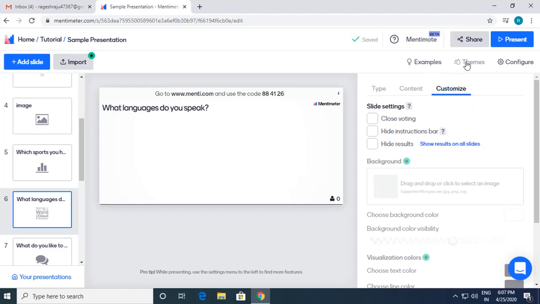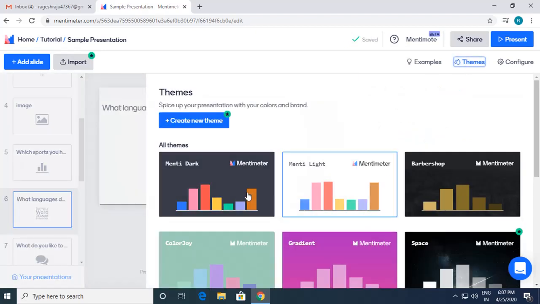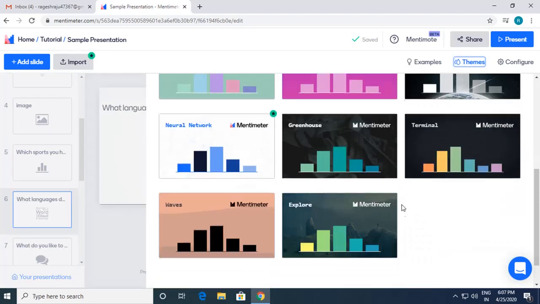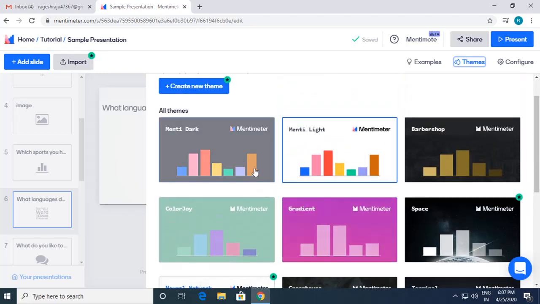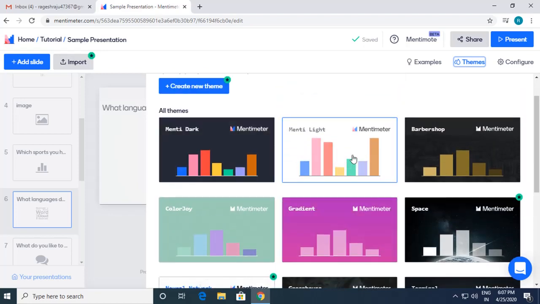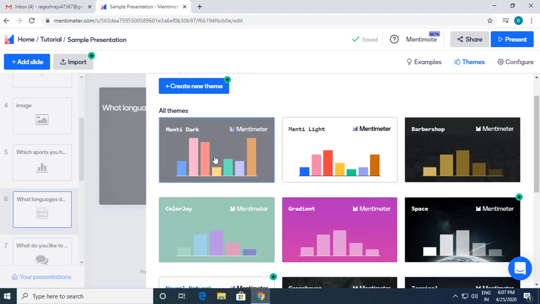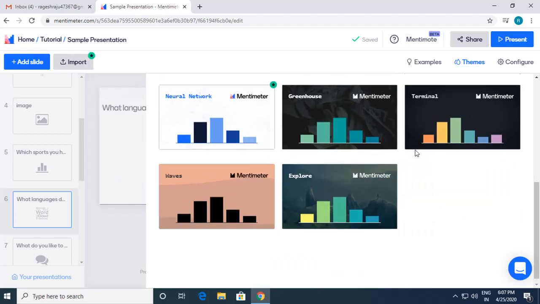So the next option is I go to themes. I have multiple themes here, so if I want to select any of the themes which are available, I can select from that. So right now it is white. If you want to go for black, you can go for black. You can see already the background has been changed, so I keep white itself.